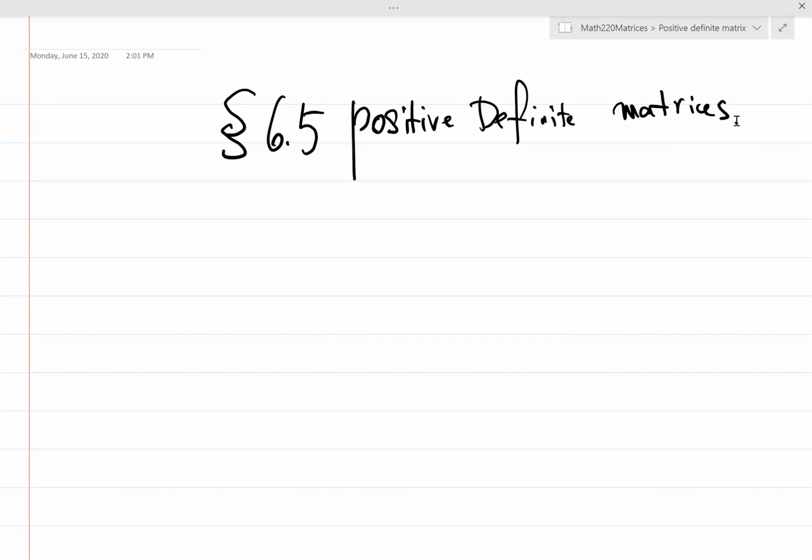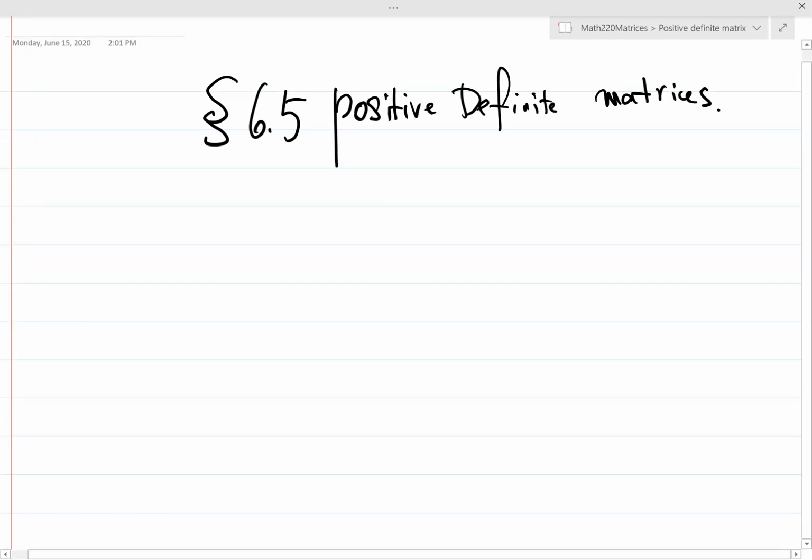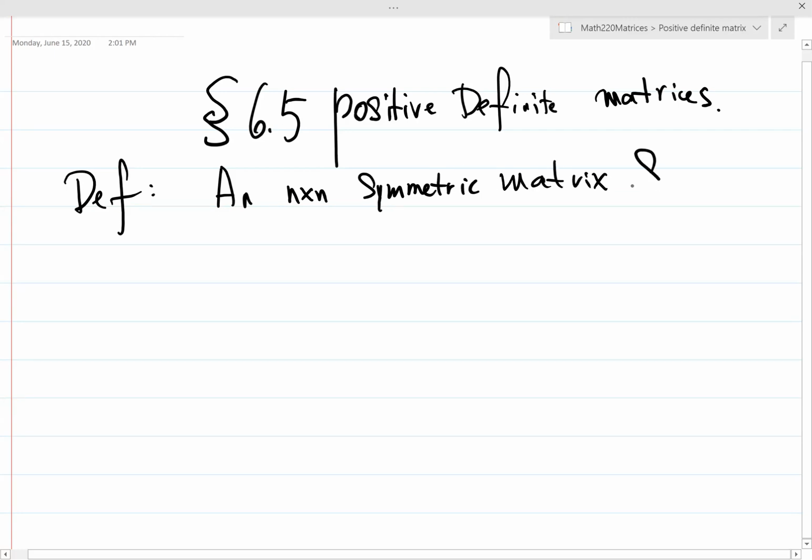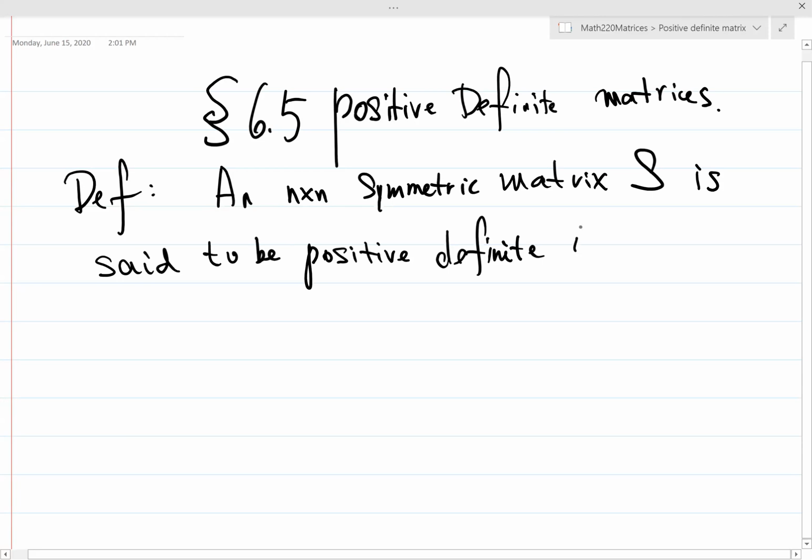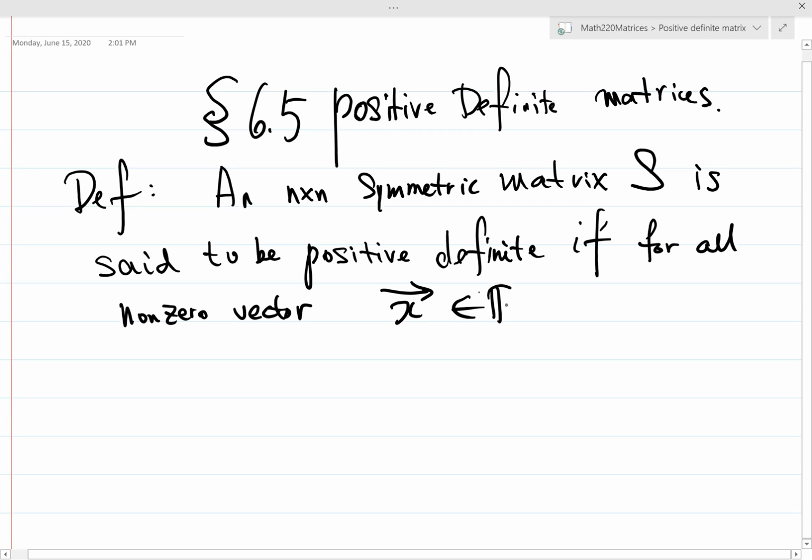Okay, we start with the definition. An n by n symmetric matrix S is said to be positive definite if for all non-zero vectors x in R^n,